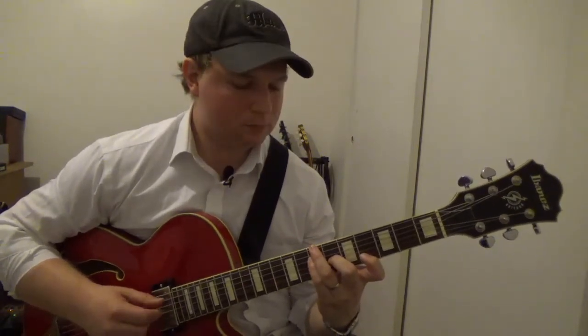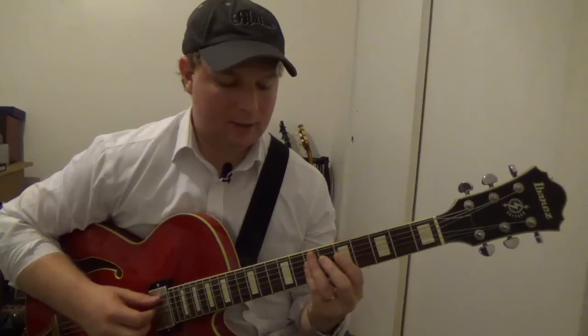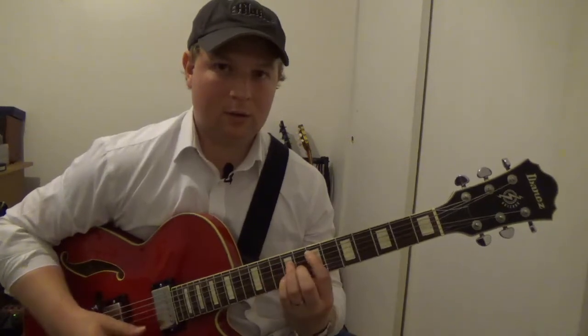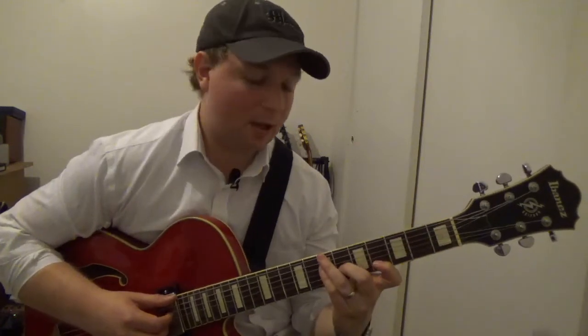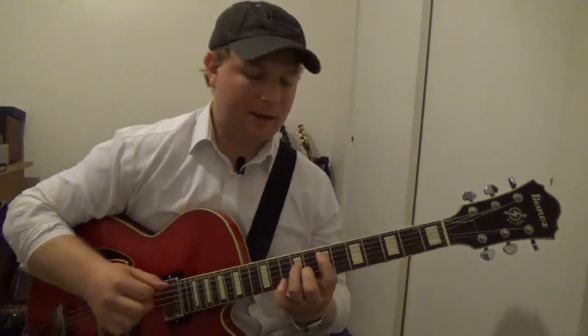All right, so moving on to the B section. Little 2-5 here, we're modulating to the key of E, so I got my F sharp minor 7, B9, this voicing, and I am going to take this 9 and flat it like that, and that's eventually going to resolve to this E major 7 shape. So I have my F sharp minor 7, B9, B7 flat 9, walk down that flat 9,